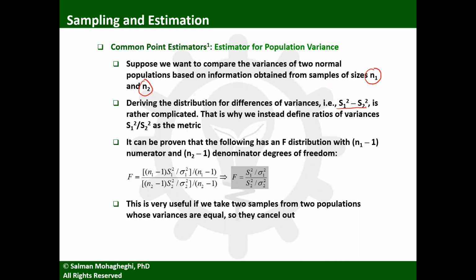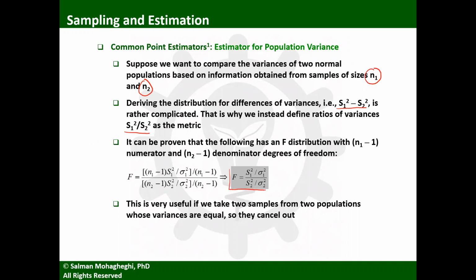So instead of looking at the difference, we actually define it as ratios. So we look at S1 squared over S2 squared, so that this would be our metric. And it can be shown, and again, we're not going to look into the detailed mathematical proof, but it can be shown that this quantity,